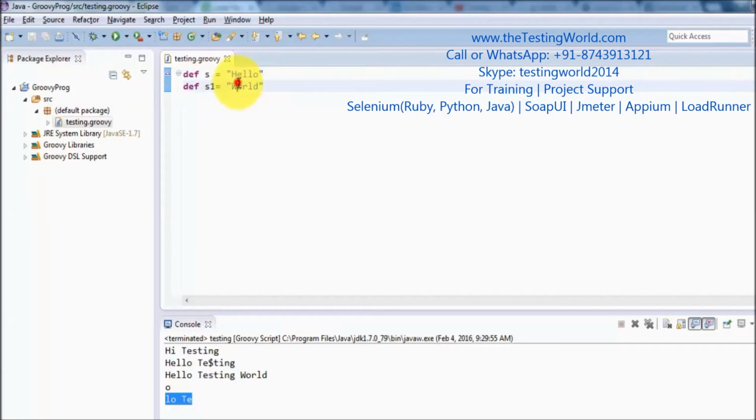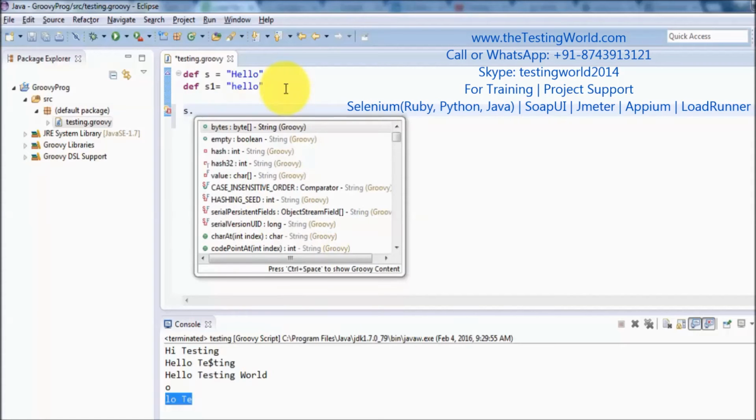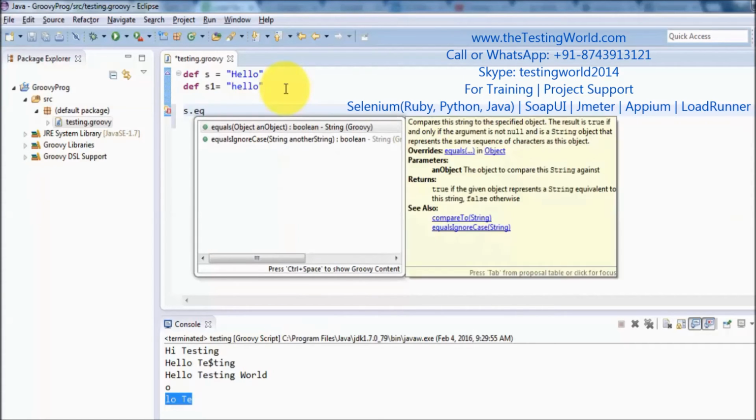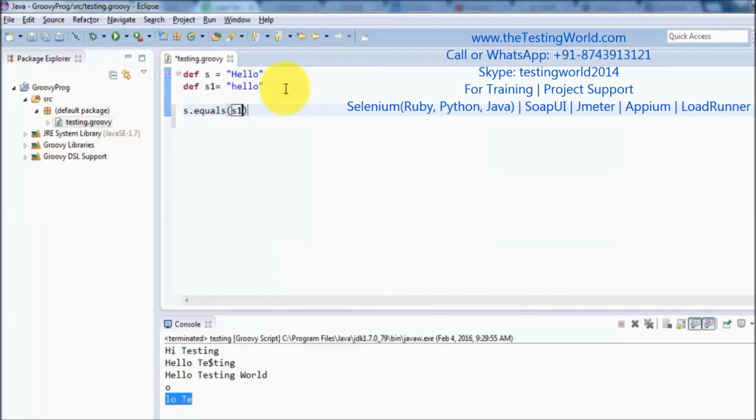So S is "hello" and S1 is "Hello". One starts with a capital letter and the other with a small letter. Now I'm going to use a few methods which are used for comparing two strings. For comparing two strings, we are going to use the method equals. So I'm using if S equals S1, then print